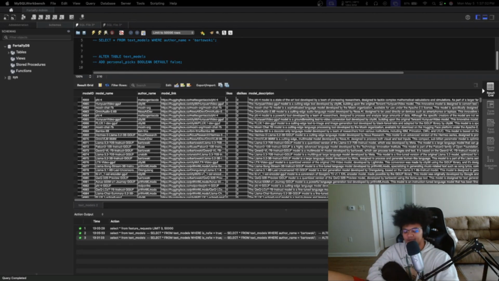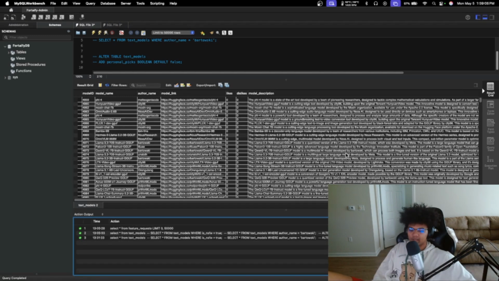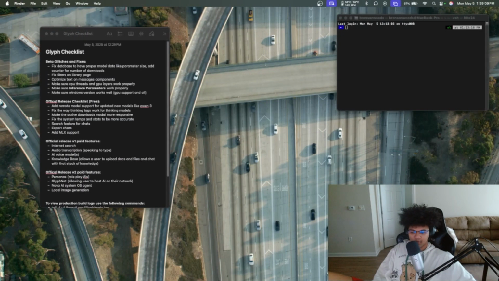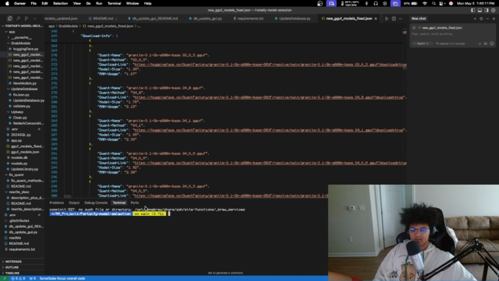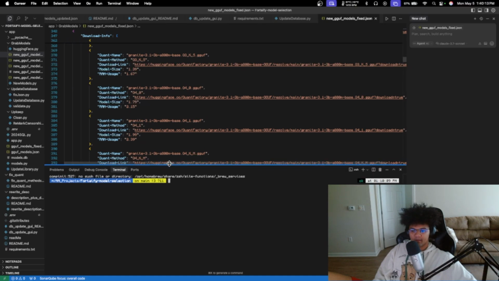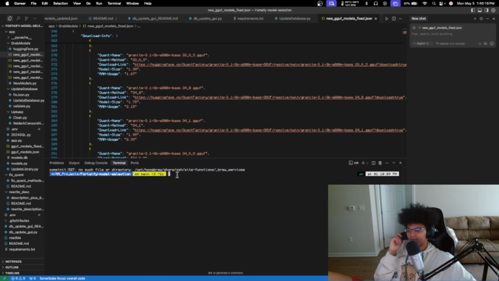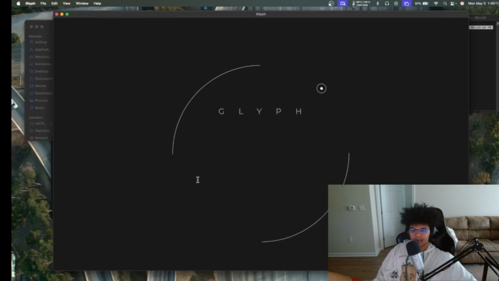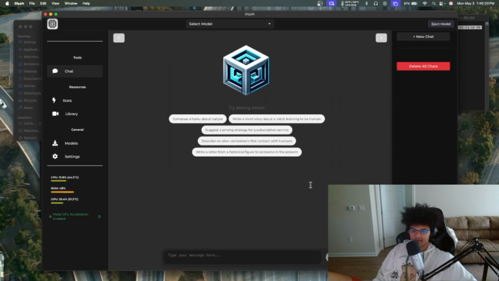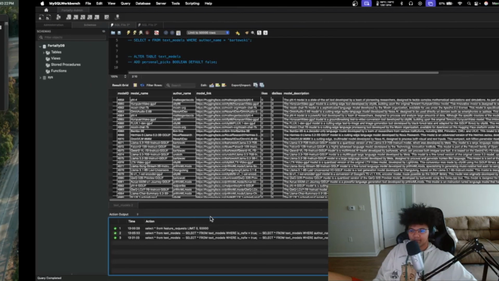Oh, that's my keyboard. Okay, so I've got my database here right now, and I think the way I'm going to go about this is I'm going to fake some data so that we can have a clearer view of what's happening. Now, this is a repo that I had made to try and figure out how I'm going about grabbing the models and putting them into the database, as well as some upkeep,